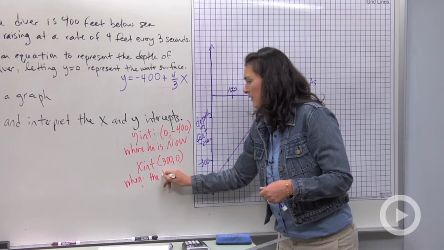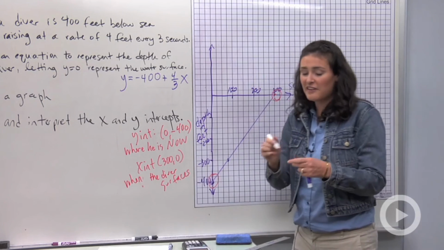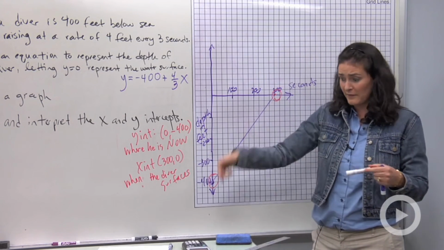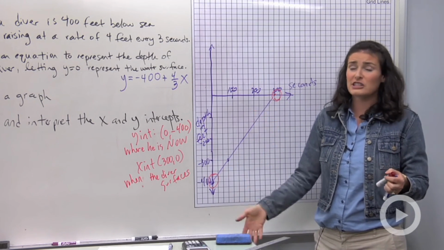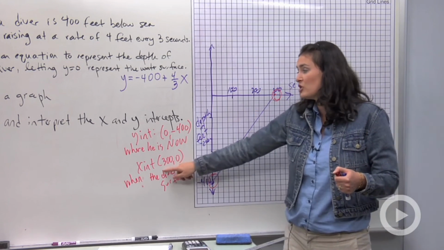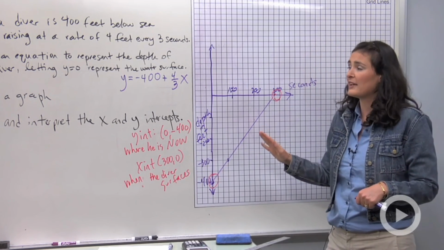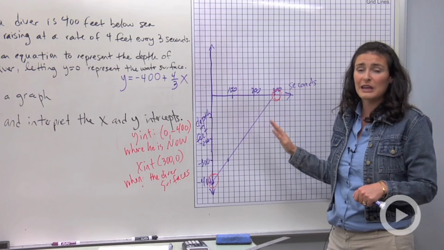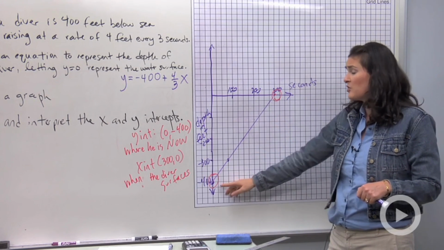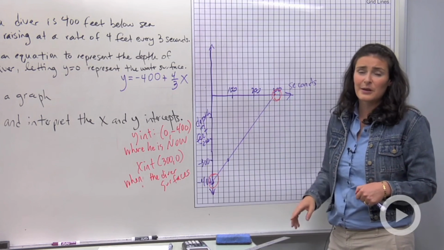When the diver surfaces. And this is really useful in real life because if you were on the boat and you were waiting for that diver to come up and you couldn't contact him but you knew how fast he was moving, you would know that he should get to the top after about 300 seconds. This is the kind of situation where a real-world problem can be modeled using a graph, and if you do it precisely using a ruler to help you and using the x and y intercepts, you can make some